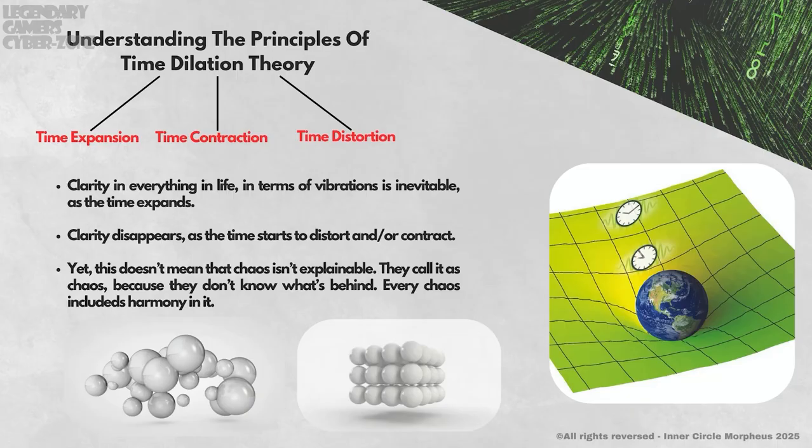Time is being contracted by the gravitational mass field. The closer we are to this field, the more time is contracted. Time expands, and we observe many phenomena with a beautiful harmony in the universe when the opposite of this occurs. I'm going to show you a video where harmony and chaos are demonstrated with balls hanging on strings of different lengths, and this video should make you think about how time flows in between these phases: harmony to chaos, and chaos to harmony. So time distortion to time expansion, or expansion to distortion, vice versa.